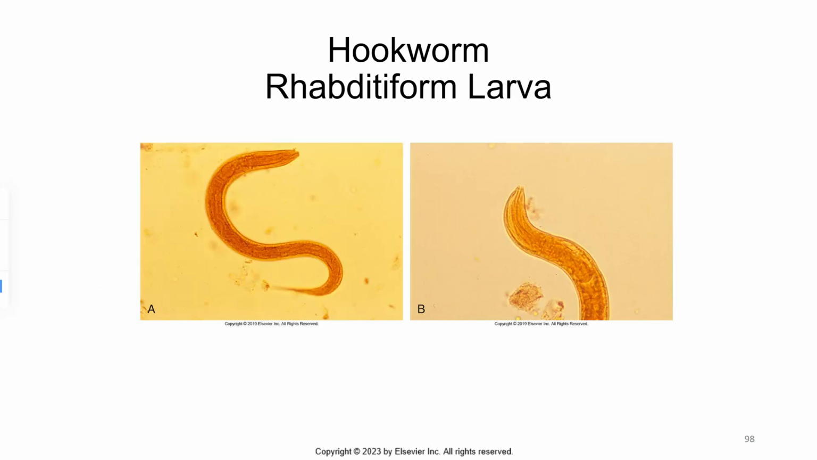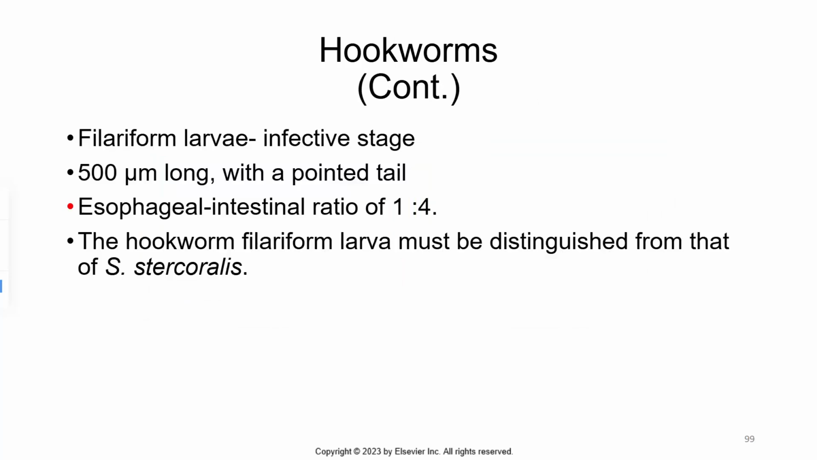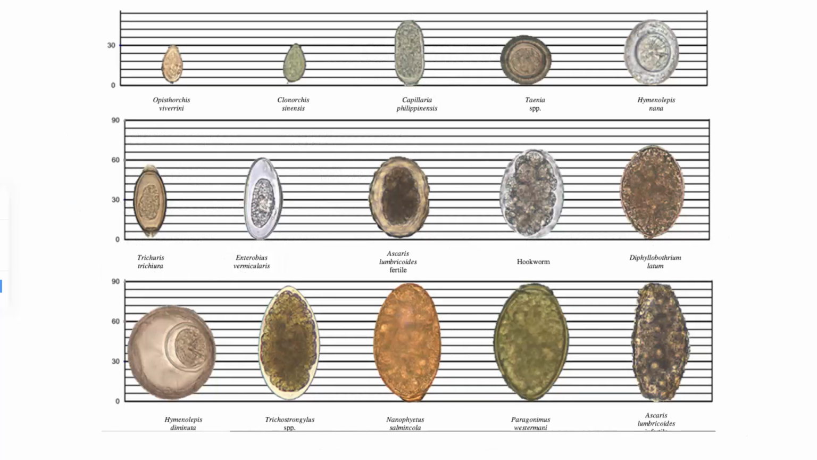So that's what the rhabditiform larvae look like. The filariform larvae are the infective stage. Those are the ones that can burrow through your skin. The hookworm larvae must be distinguished from that of S. stercoralis to diagnose. So we go through, and this even has some of the tapeworm eggs that we talked about